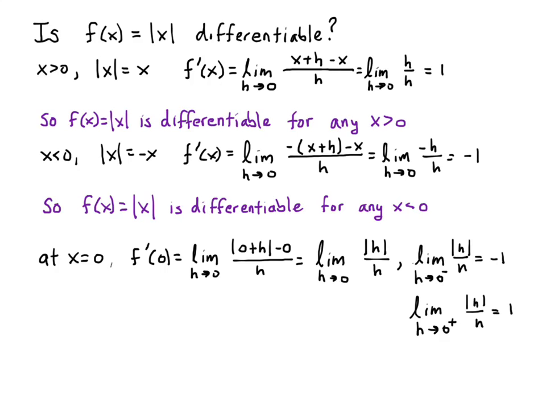When it comes from the negative side, the slope is going to be -1, and as we come from the positive side, it's going to be 1. And since this limit then doesn't exist, the value is clear, the absolute value of 0 is 0, but there's no slope that's defined here. Think about what the slope is in terms of a tangent line. What tangent line would you place at 0? It's at a point, so you can kind of rock it back and forth,